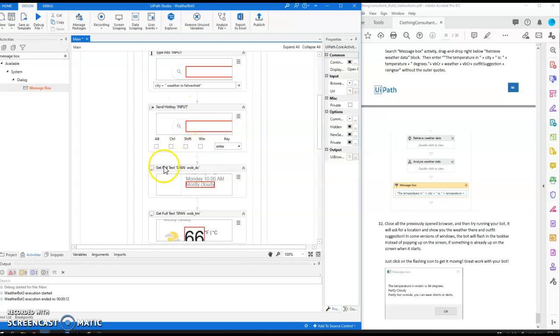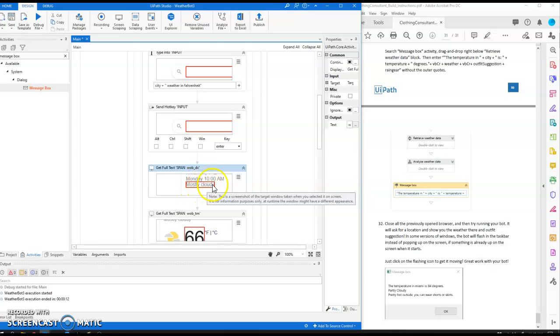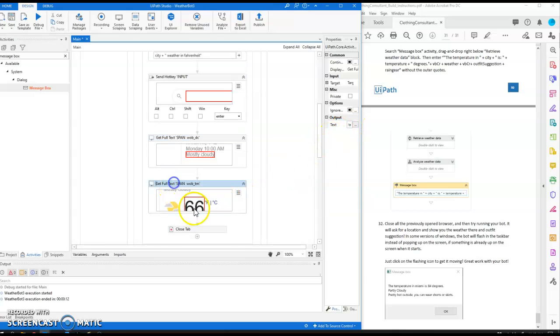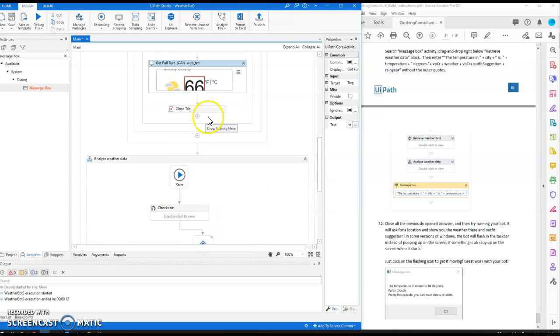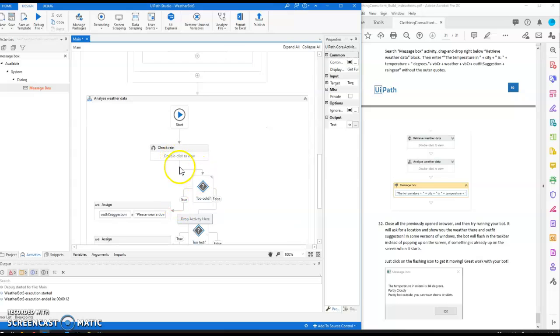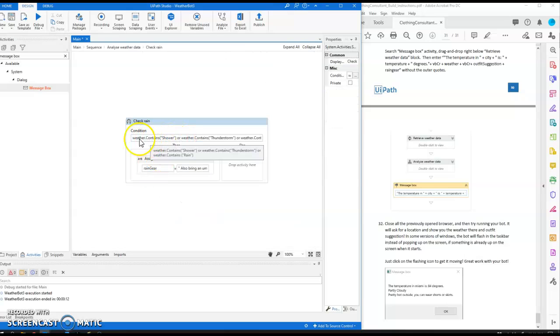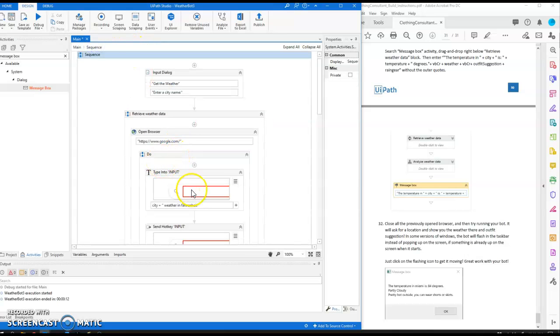It's going to then pull up the screen, and once it gets to the screen, it's going to get the full data. So this is that mostly cloudy, which we put as the variable. We put that variable as the weather. And so this text is going to be that weather variable. And then we went and got the temperature. And so we added this variable to be temperature, right? And we closed the tab. And so once we did that, then we analyzed it with the flowchart and we looked to see what happened. Did the weather, which was that description, did it contain any of those words? If it did, then this is what you should tell them for the rain gear, right? Otherwise, then